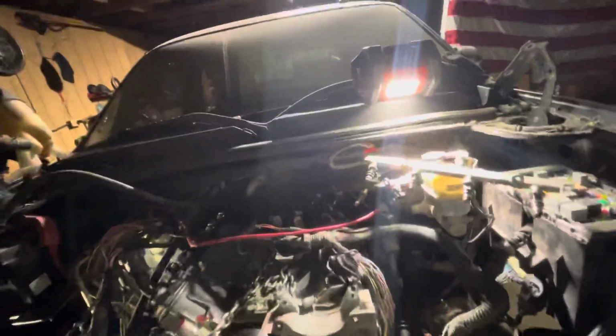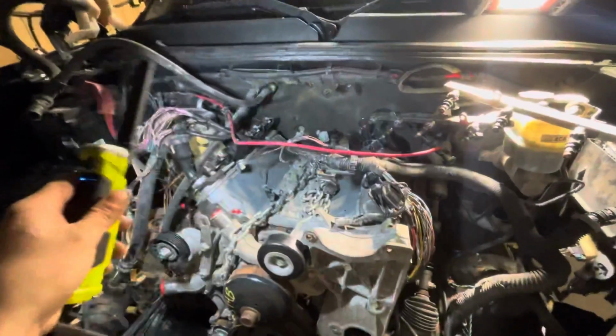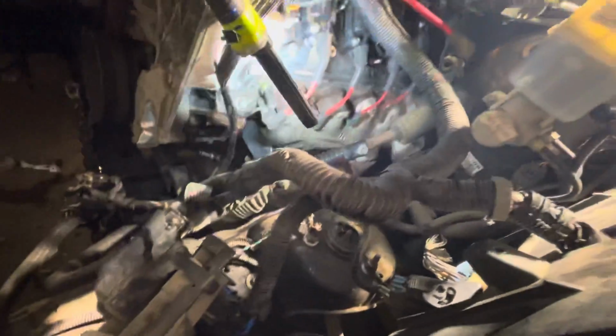It's a 6.0 engine swap. It's got LS. It's an LS 6.0. It's got aluminum heads on it. There's duct tape on the air intake tubes. You can see the cast iron on the bottom and the aluminum